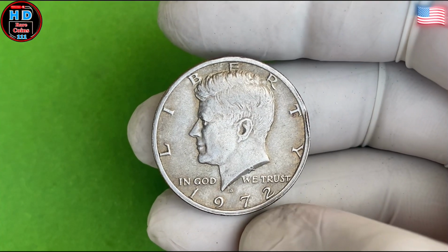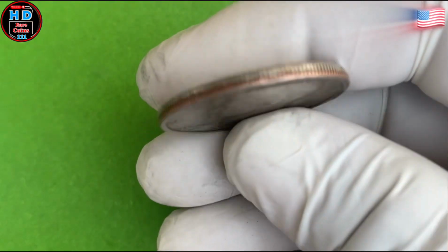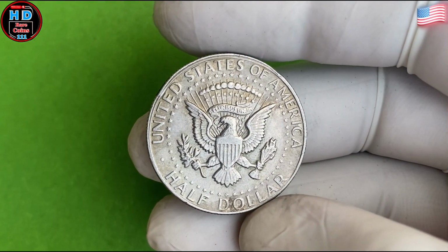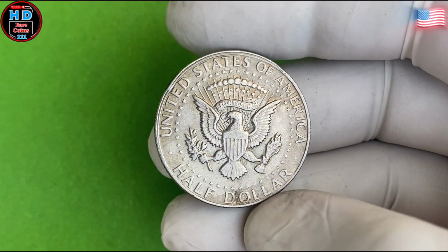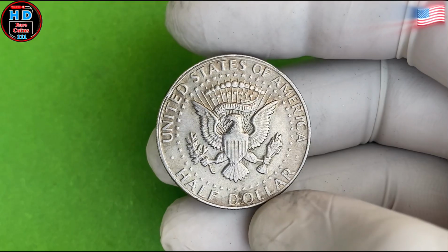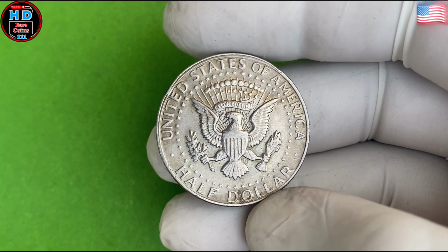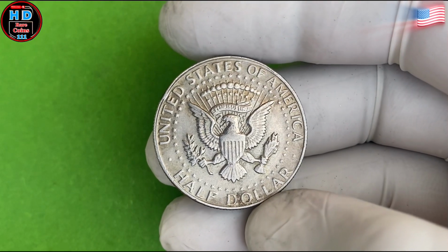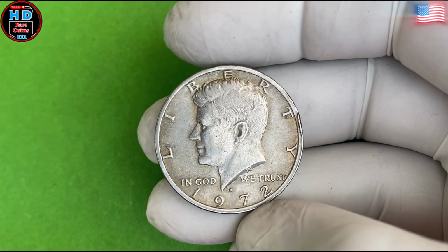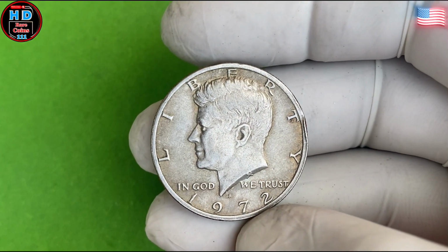This kind of value is a testament to the enduring appeal of the Kennedy half-dollar and the world of coin collecting. It's a reminder that even coins that were once produced in mass quantities, and that no longer contain precious metals, can still hold immense value due to their rarity, condition, and historical significance. The 1972 Kennedy half-dollar, while part of a new era in U.S. coinage, continues to hold a special place in the hearts of collectors who appreciate both its design and the story